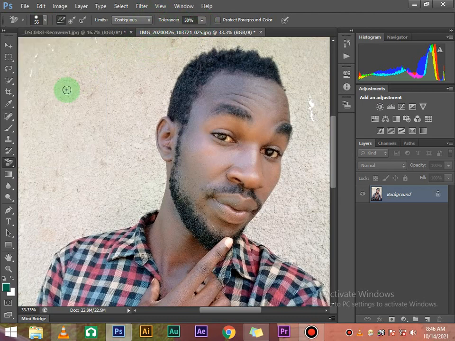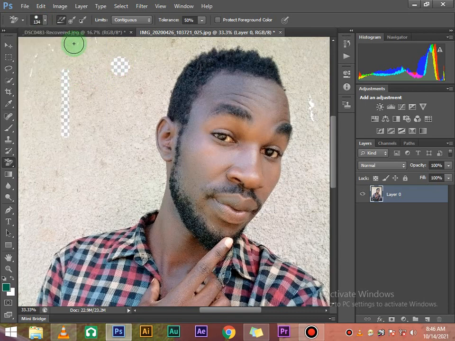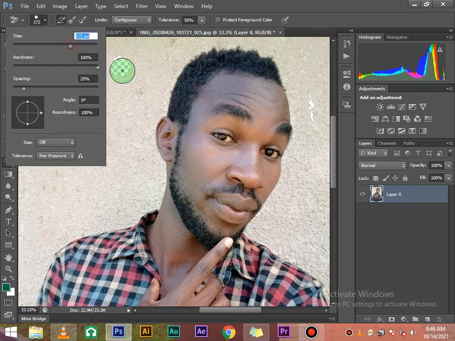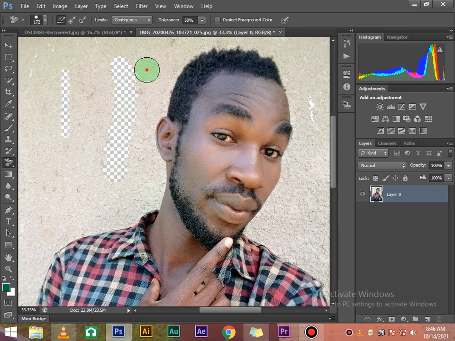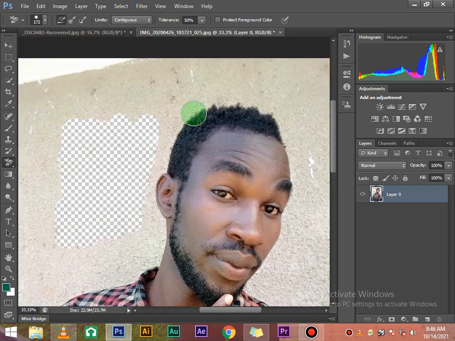So the tolerance is 50%. This is what happens when you click, it removes the background just like that. So let's increase the size. I think that one is big. This is better. So you can see now what I'm doing. I'm straight away removing the background. Now when you click at this point, it will mark that point, then it will remove any background which is of that color. So even if you brush,